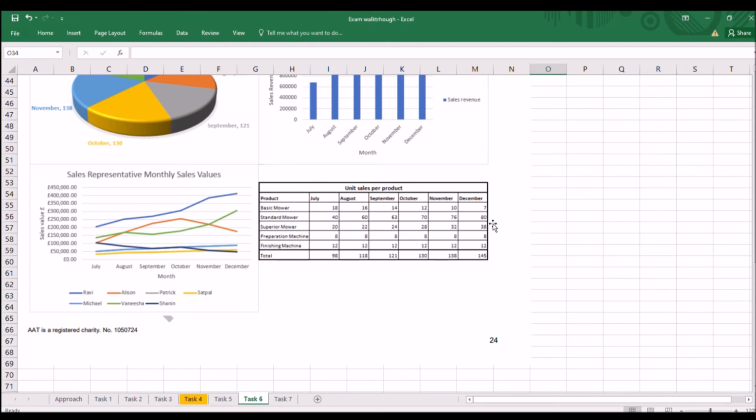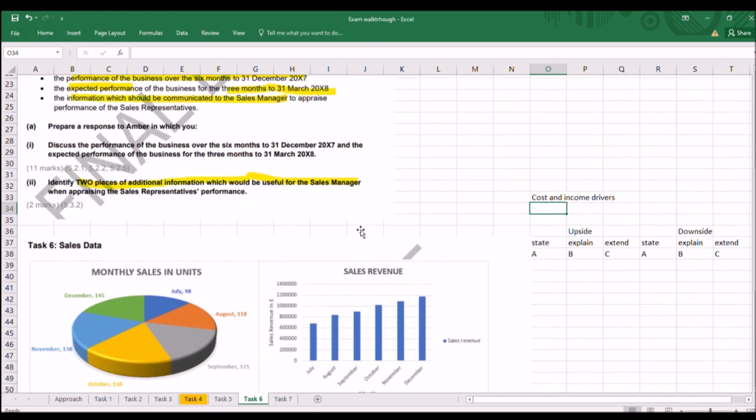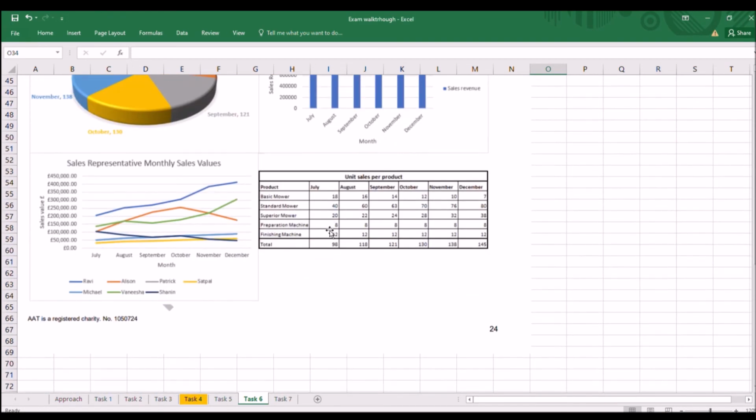Now, in terms of this, I think you could do percentages, which would be quite useful as well, without sucking up too much time. Those are our mowers, and then what was this other thing? This finishing machine, gardening equipment. The preparation machine has not changed, it's the same, and the finishing machine has not changed either. They're the same over the period of time,